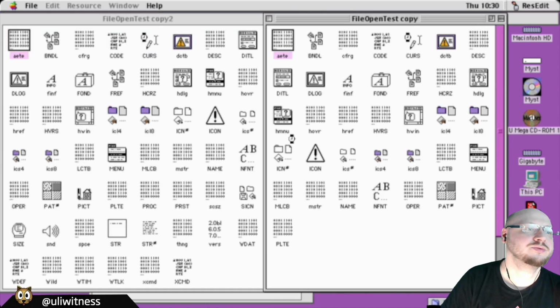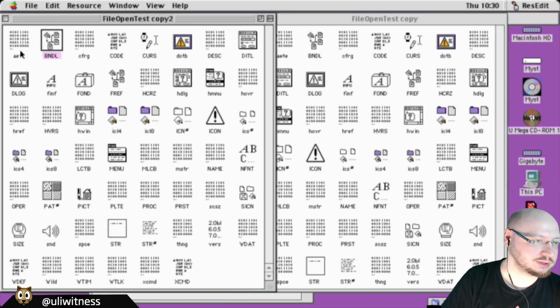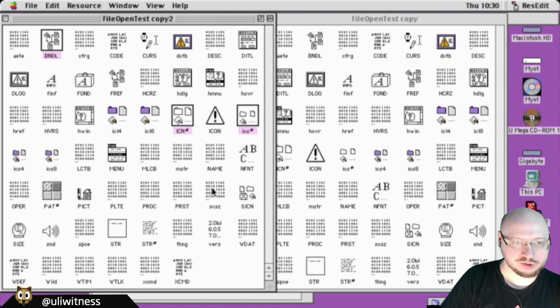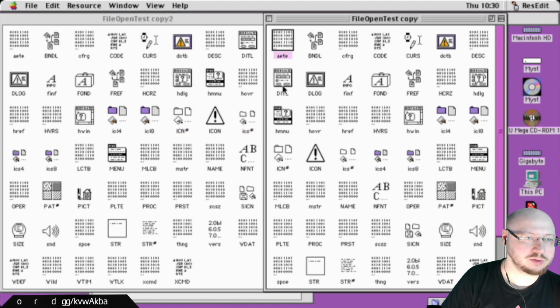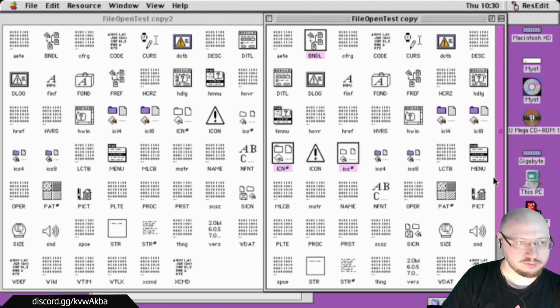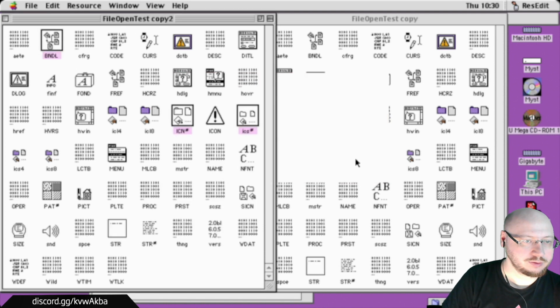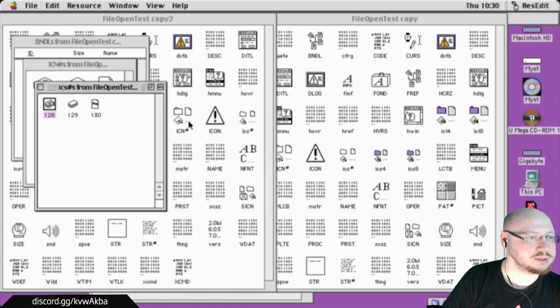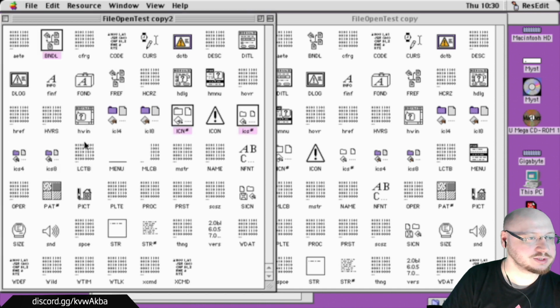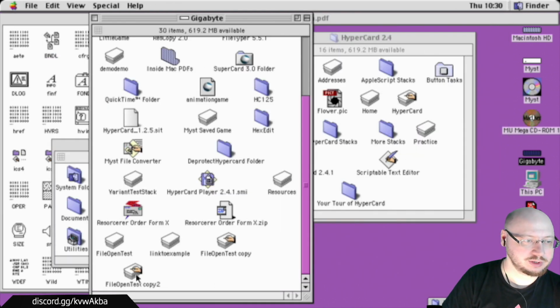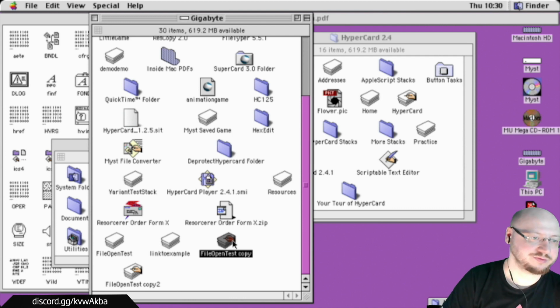And there is a reason for that, and that's because I wanted to just go. That's the wrong one. Almost copied the wrong direction. Uh-oh. Replace resources with the same ID. Yeah, we have the text thing now. So now we can delete the old file open test